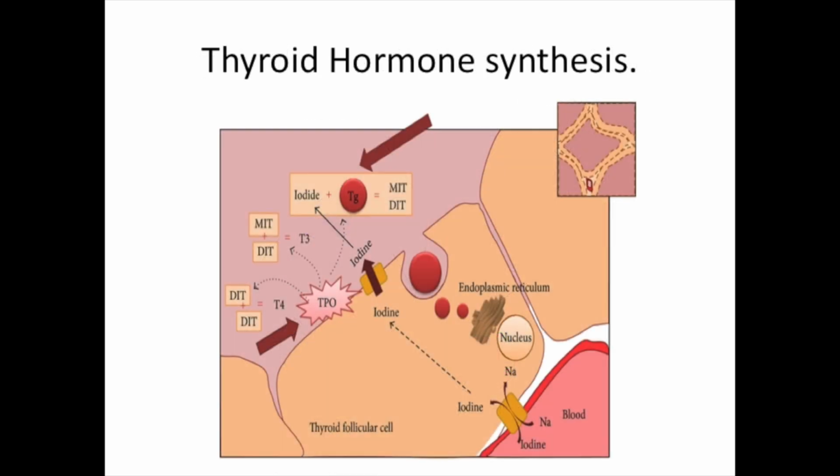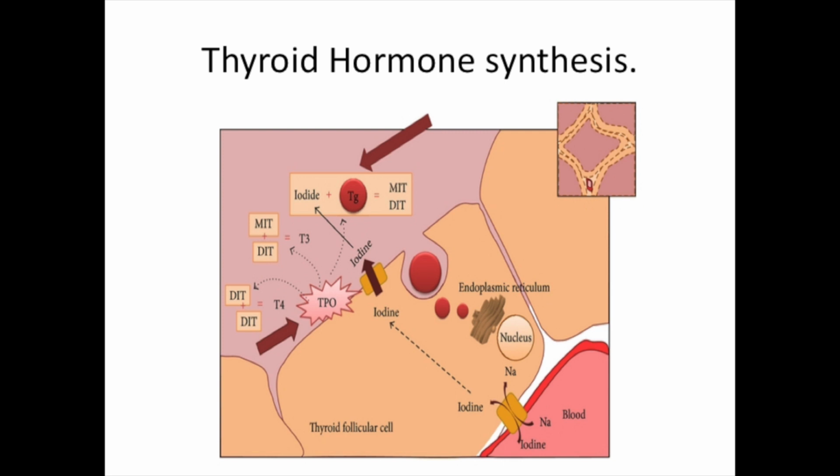Here, this diagram shows what happens in the thyroid cell, the synthesis of thyroid hormone. This happens by extracting more iodine from the blood during pregnancy and formation of thyroid hormone. This iodinization process, combining tyrosine, forming thyroglobulin, and thyroid hormone formation, all will take place with the help of thyroid